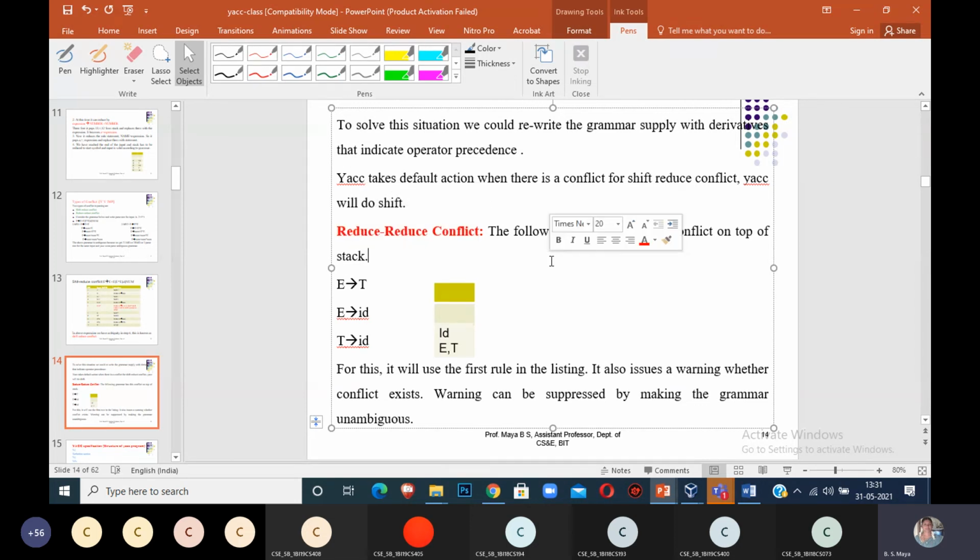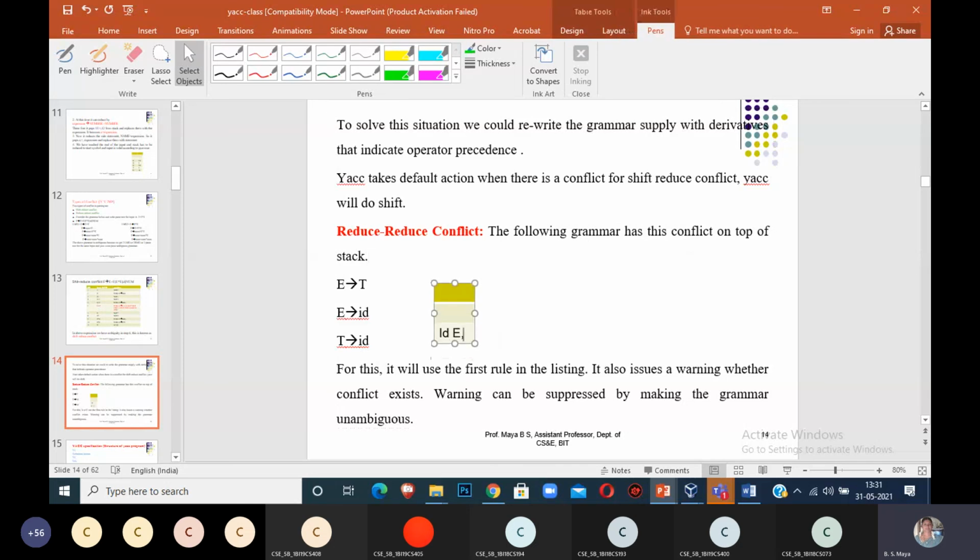If left factoring is not removed from the grammar, you can get this type of error because there are more alternatives that start with the same symbols. See, all start with the same symbol. Again, the parser will get confused about which one to take, first one or second one. For this, it will get a reduce conflict.